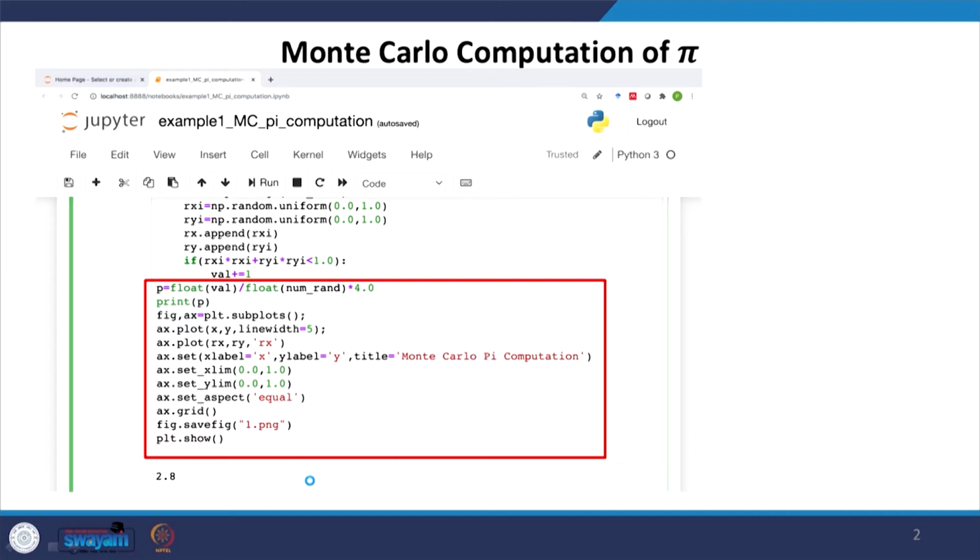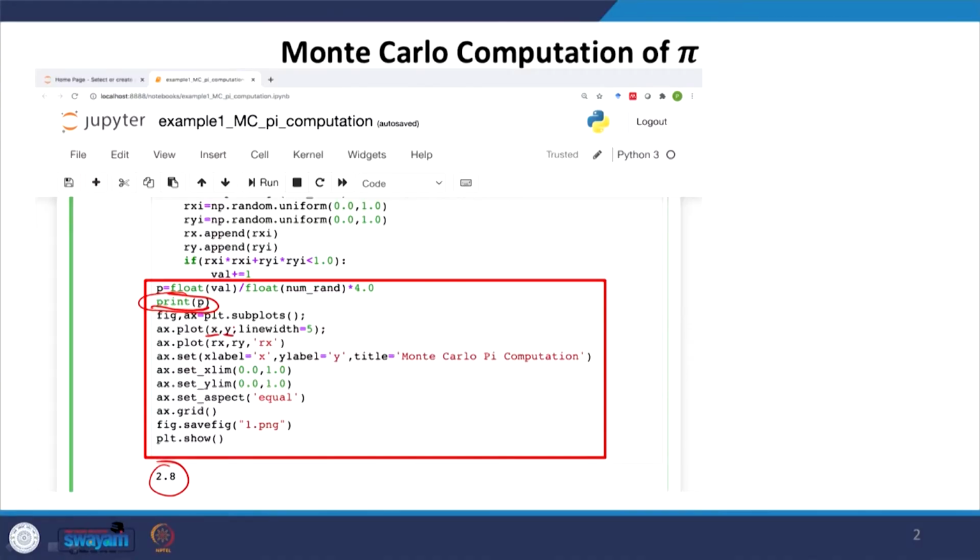So, first of all I am printing the value of pi on the screen, and that is the first thing that will print in here, and then I want to also plot it, right. So, I want to plot first the x and y for the circle, so it will show the circle nicely.